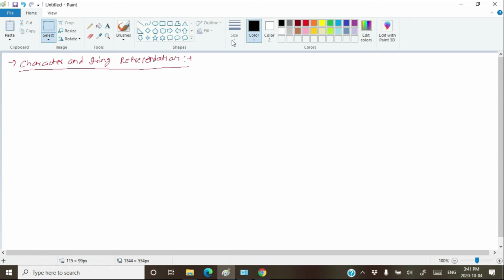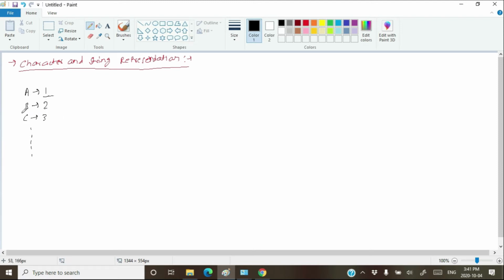One idea is to just assign various characters to various numbers. Suppose I assign the character A to number 1, the character B to number 2, the character C to number 3, something like that. So whenever I have to store the character A, I will actually store the binary of 1.